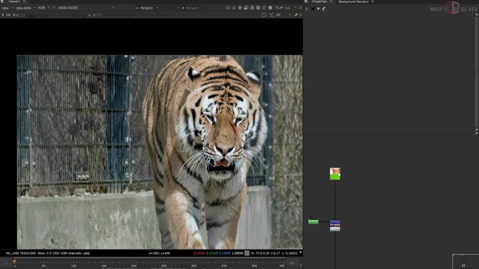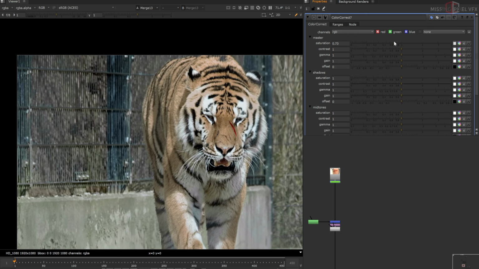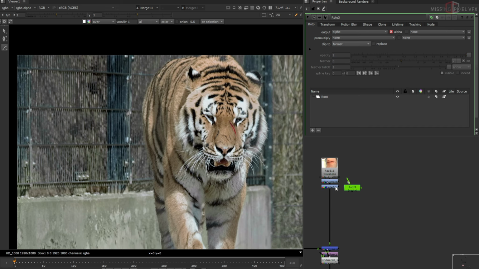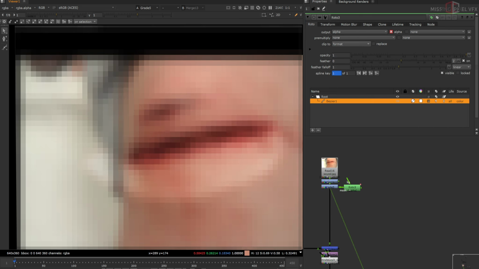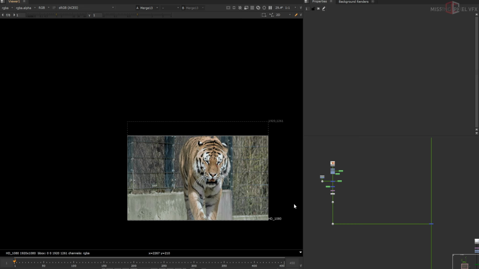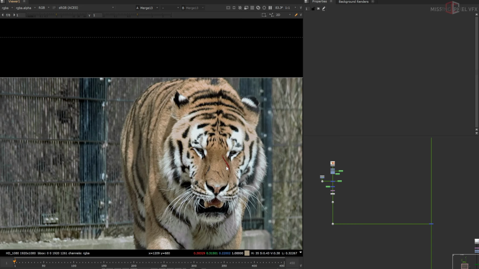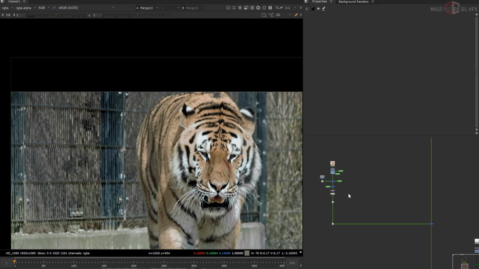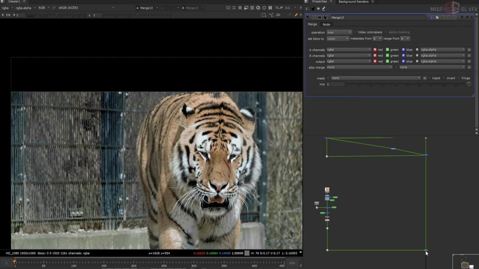Let's do some color fixes. This is too saturated. I'll take down the saturation, contrast, and overall gain, and do some grading as well on these areas, like it's too less bright. Okay, so I simply did some grading and some color tweaks and some position enhancement, and this is what we